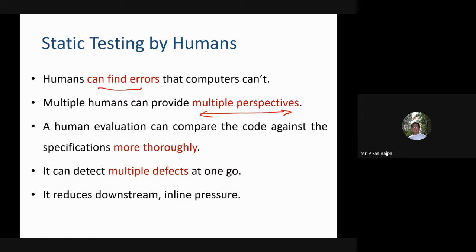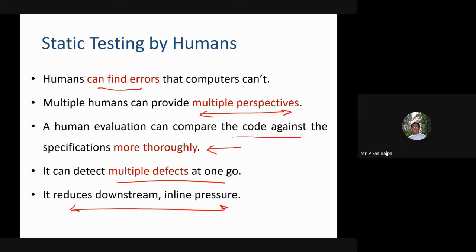Now, a human evaluation can compare the code against the specifications more thoroughly, and it can detect multiple defects at one go. And obviously, it reduces the downstream or inline pressure.